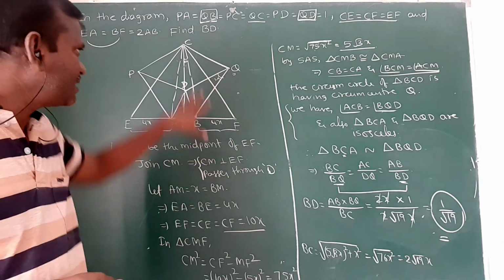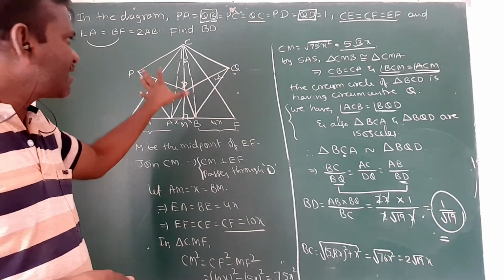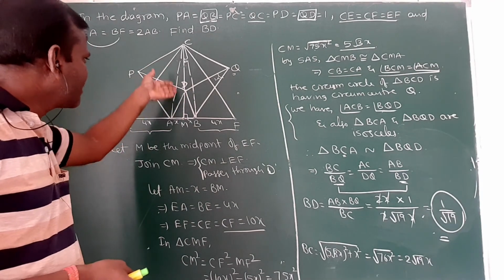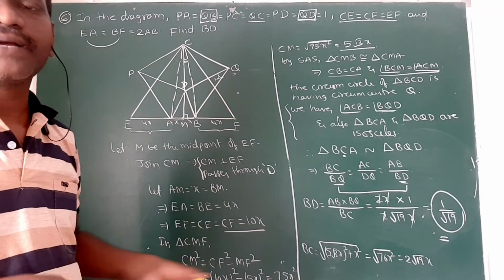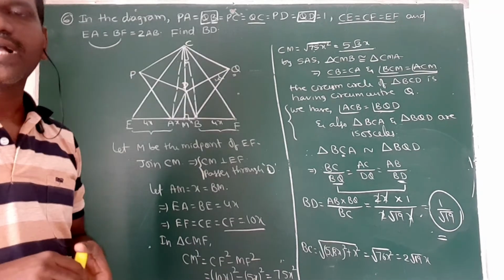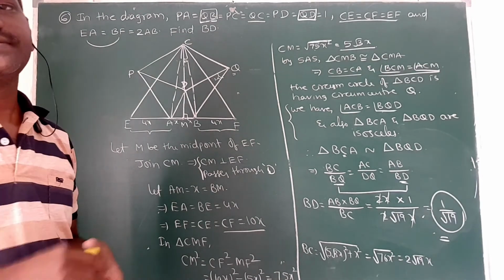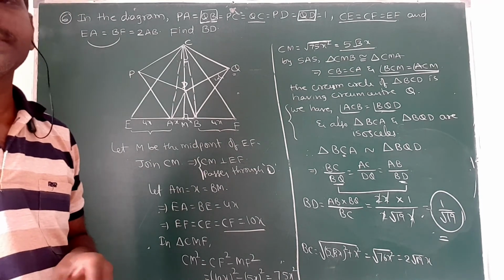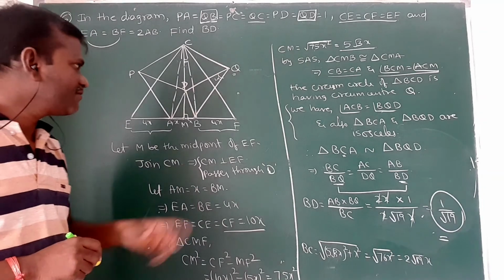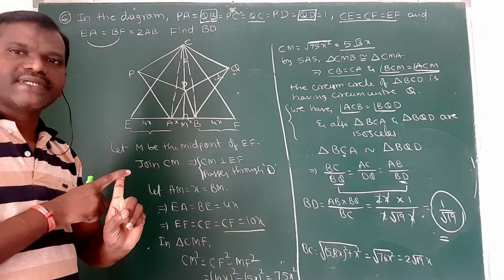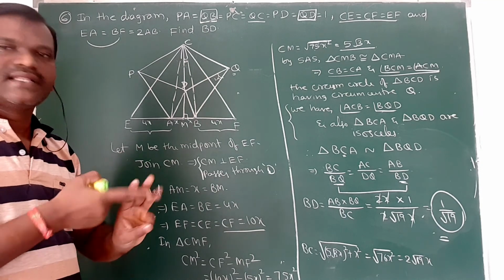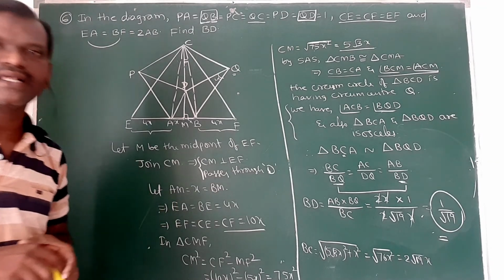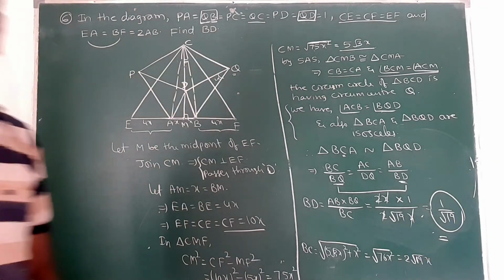If we look at this figure, we can fear what is this figure, what is given, what we have to find, how we can find this one. So many questions will come here. But if we know the concept, then the problem will be very easy. But if you don't know, it will be very difficult. So here we applied 3 parts. Euclid triangle properties I applied, then circle properties, then circumcircle property. Then similar triangles. These 4 properties I applied. So all geometry questions will be based on multiple concepts only.